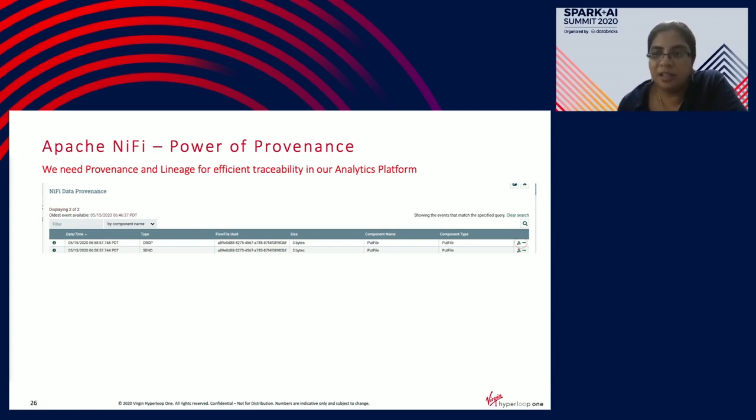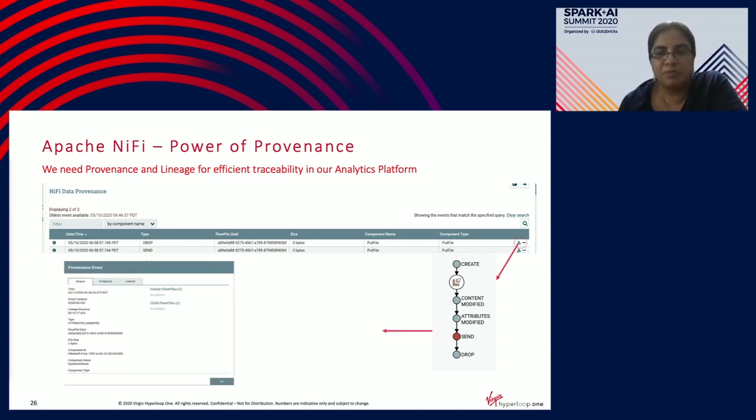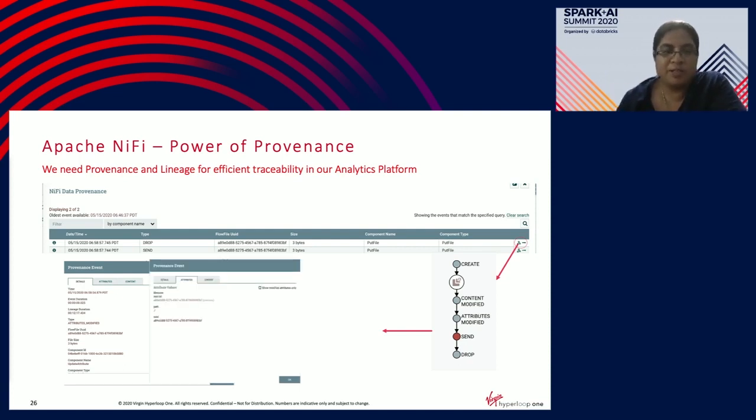And on the right-hand side, you can see a tree-like icon. When you click it, you will be able to see the complete lineage of that particular provenance event. Each and every circle here is a component's provenance data. Once you click any one of the circles, you will be able to see the detailed description of what was that event, what was the flow file,